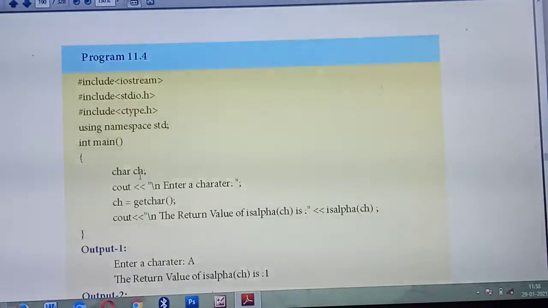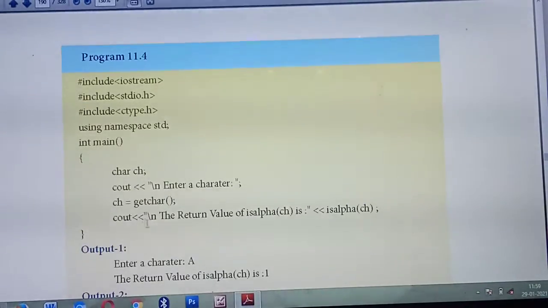Then in the output, cout, you have given one line: enter a character. Here you are going to enter a character from the output screen. So the input character you have entered. What's the next thing? You need to get the input from the input device, isn't it? So for which variable are you assigning? First you have declared a variable called ch. So what function do you need to write to get the character from the keyboard? getchar(). Okay. So ch equals getchar().